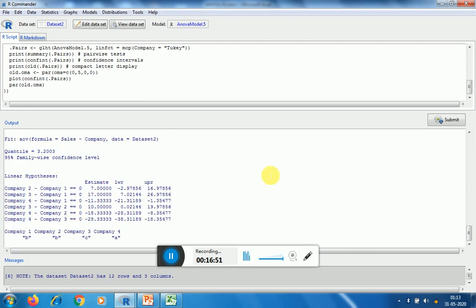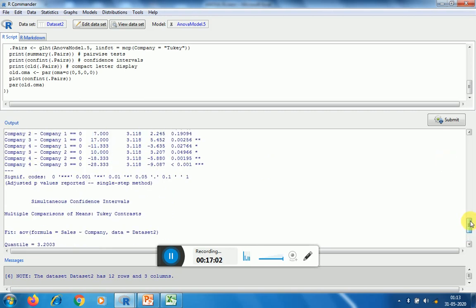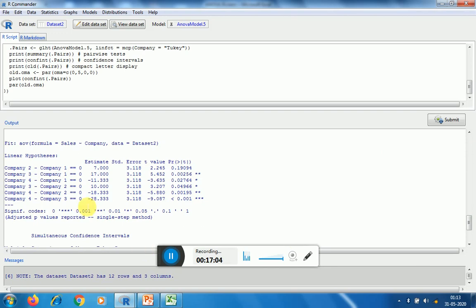Now here we can see between the companies the pairwise comparison is done, and this is the statistic. So here between every pair of two companies, the comparison is made.